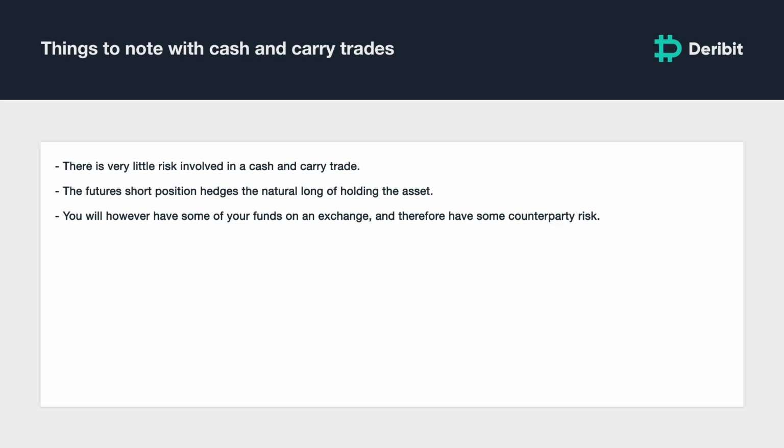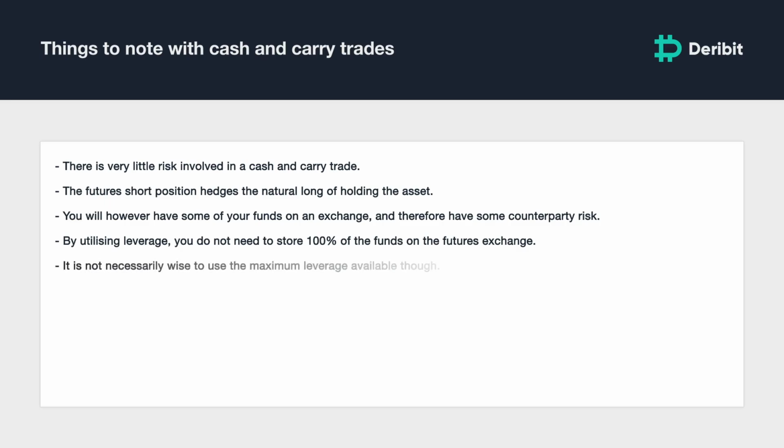This is where leverage comes in handy. By utilizing the leverage available, you do not need to move 100% of the BTC onto Deribit to use as collateral for the futures short. You can store whatever you're not using as collateral for the futures position in your own wallet. That does not mean it's a good idea to open the short position using the maximum leverage available though, because